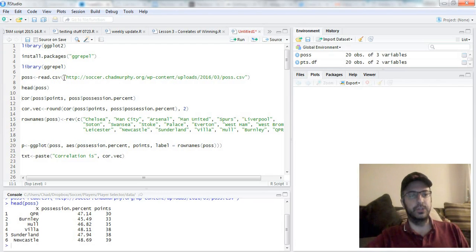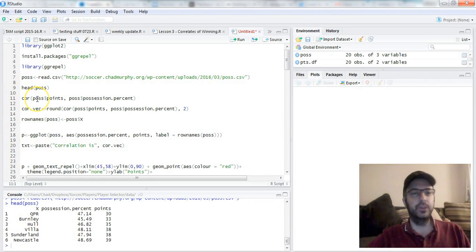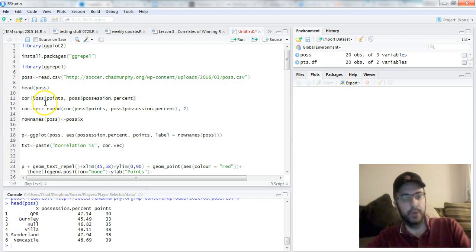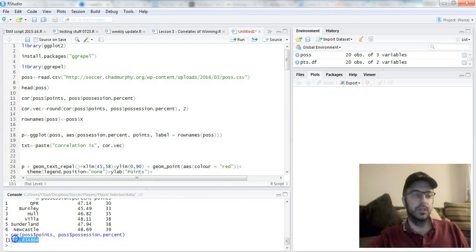The next thing we're going to do is run the simple correlation. And the correlation formula is easy enough here. It's just cor, and then parentheses, POS$points, which is the vector of points, the column here, right, you're looking at. And then POS$possession percent, which is the possession percent column. It's just like the command in Excel, actually a little simpler because you don't have to do some weird highlighting everything. And it's 3 characters shorter, so life is good there. We're going to run that line, and it's going to show us the correlation is